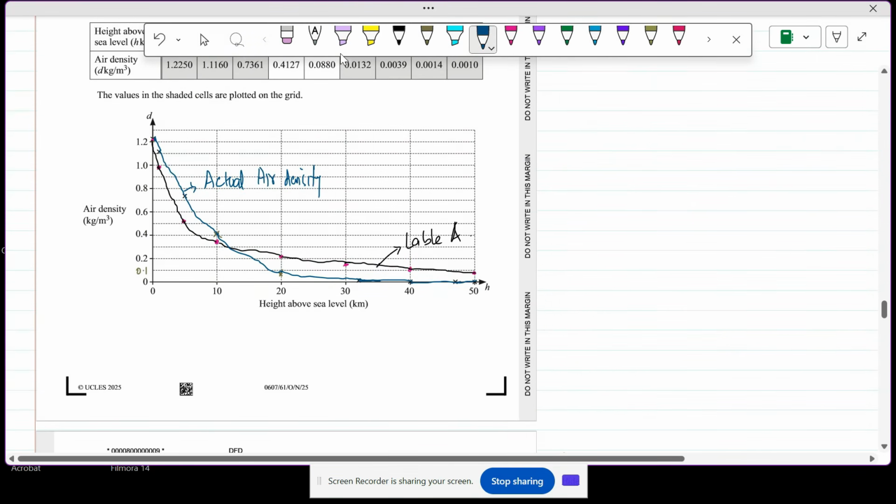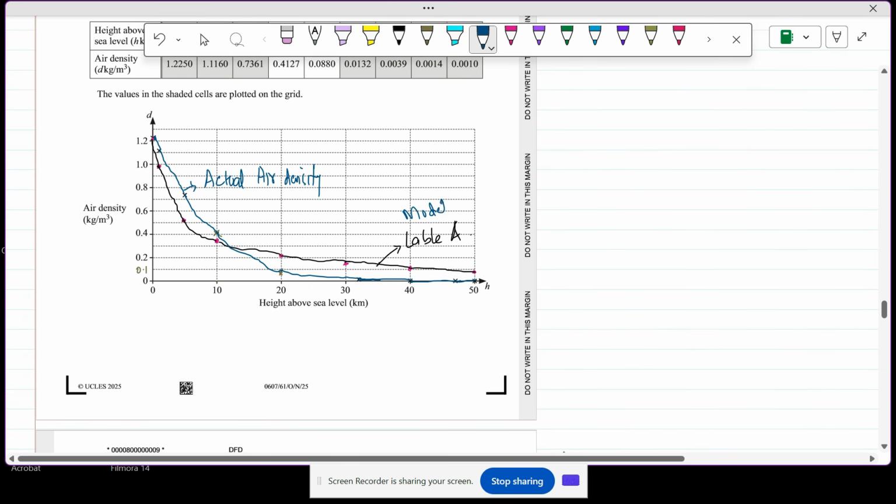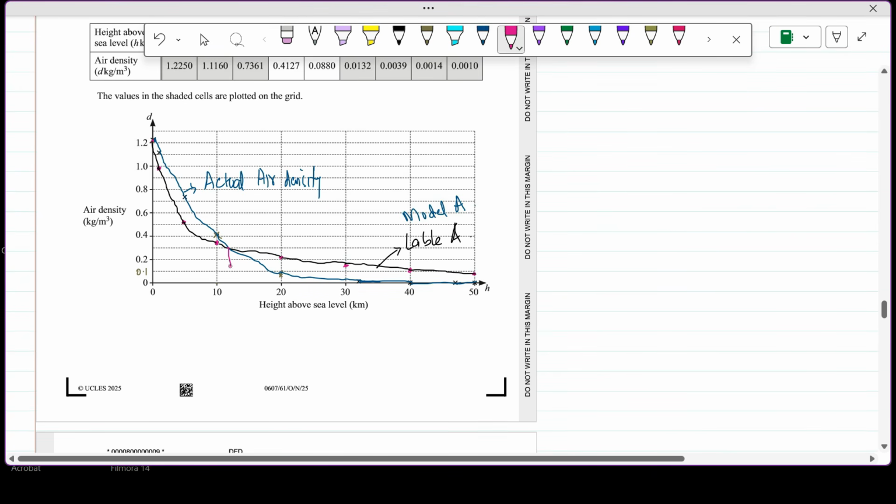This is the actual, and this one is the model A. Okay, this is the point before which the actual air density is greater than the model value, and after that the actual density is below